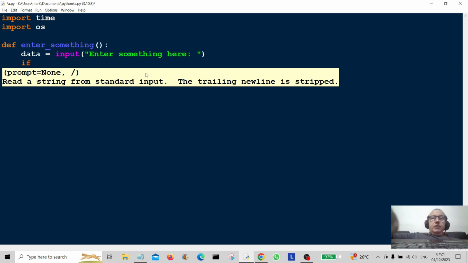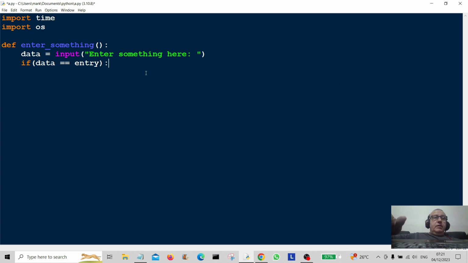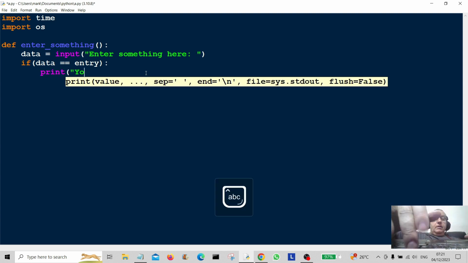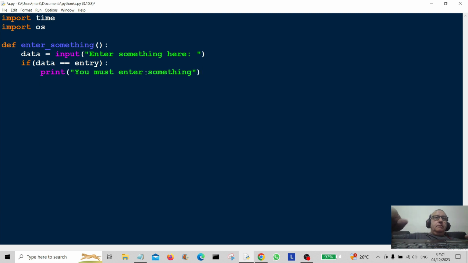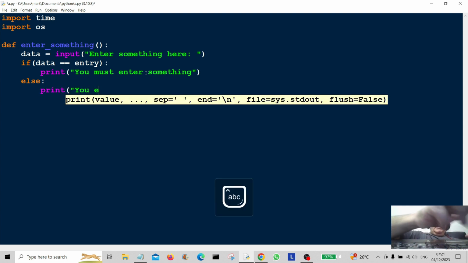Now we come on to the conditional. So if data is equal to entry, and we say, whoops, print, you must enter something. Else, print, you entered